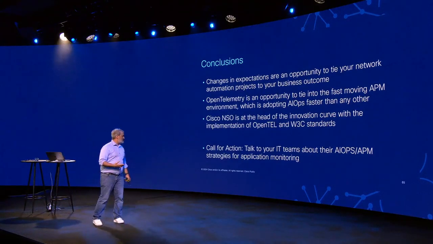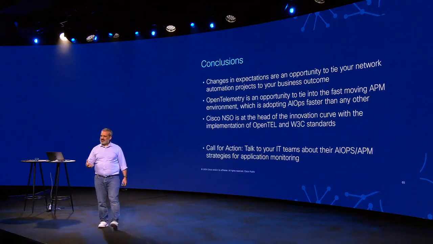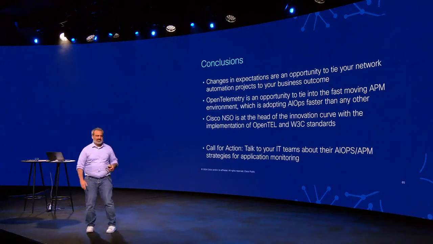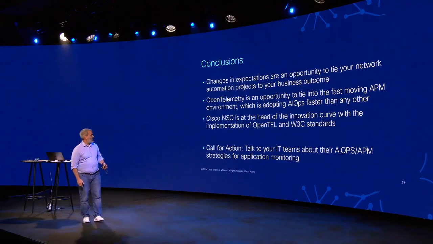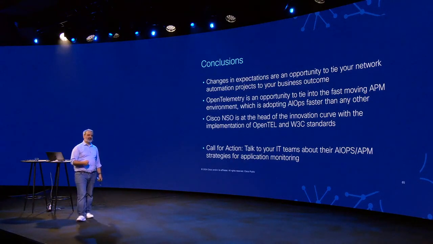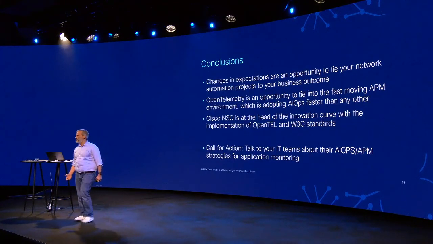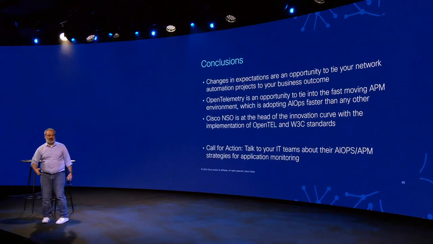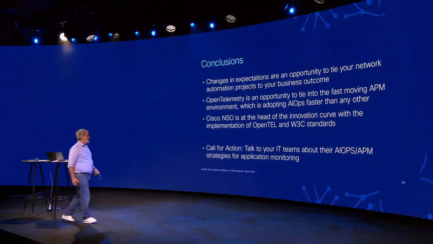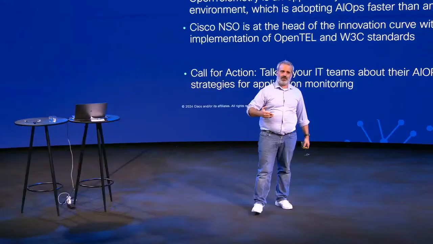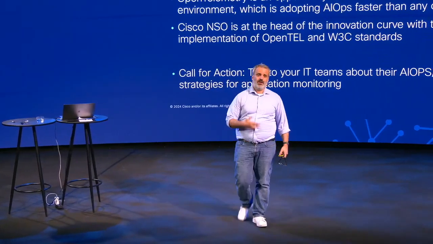The other thing is that this can be seen as an opportunity to tie yourself more to the business outcome of your company, and also tap yourself into this very fast-moving AIOps, APM environment. Now, of course, I think NSO is really at the head, particularly in 6.3, with what we've done on